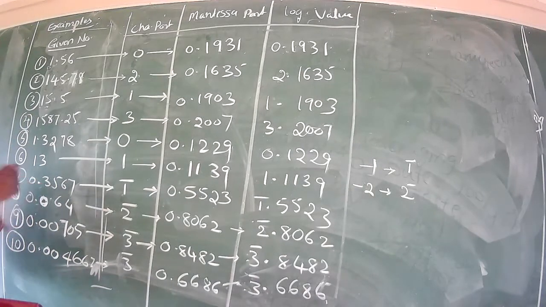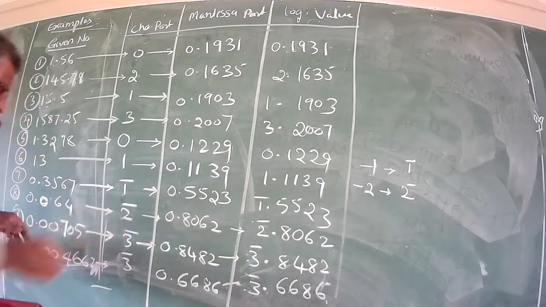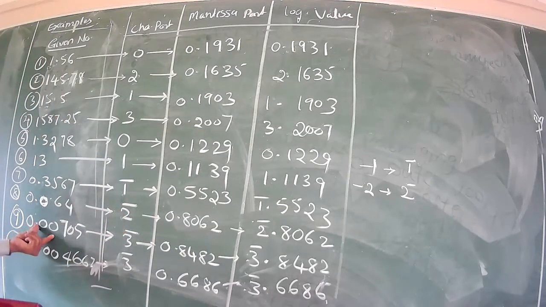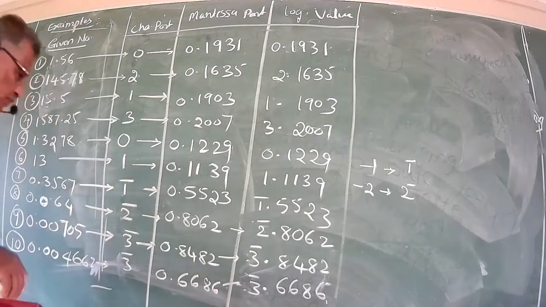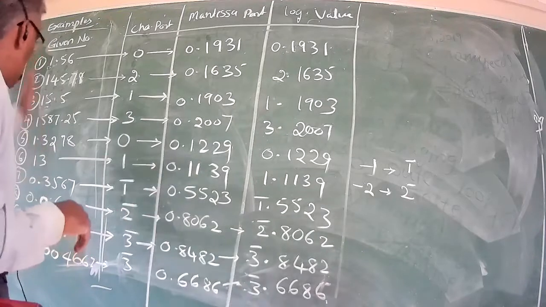Here no zero is there after the decimal point, so plus 1, so bar 1. Here only one zero is there, 1 plus 1 is 2, so minus 2 is written as bar 2. Here two zeros are there, so 2 plus 1 gives bar 3. Here also two zeros, here also two zeros. So the characteristic part is bar 3, which means negative 3. So minus 3. Now the first step is over.